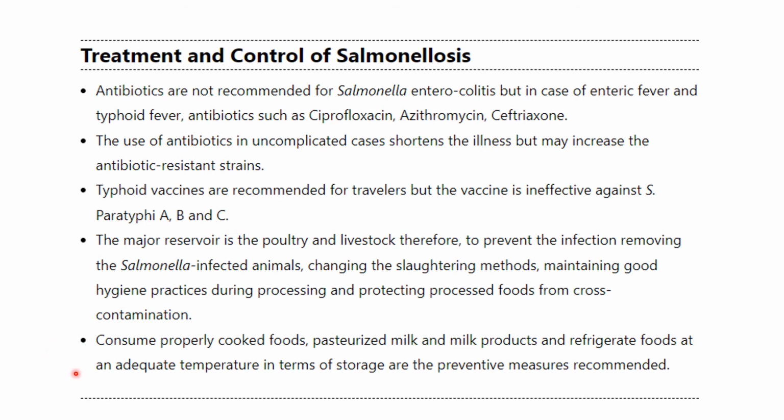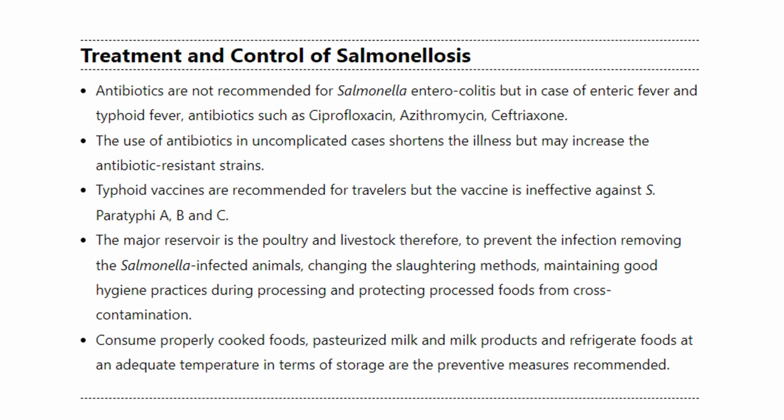Now, from the household perspective, you need to consume properly cooked food. With regards to milk and milk products, consume pasteurized only, and refrigerate foods. Again, less than 5 degrees Celsius is appropriate for proper storage,